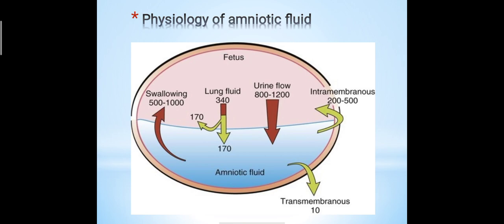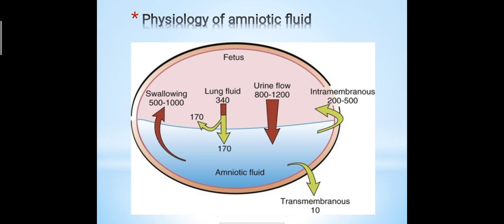Normally the fetus swallows about 500 ml of fluid per day. Removal of amniotic fluid also occurs by intramembranous absorption. There is a large osmotic gradient between the amniotic fluid and blood, which causes removal of the amniotic fluid into the fetal blood. This is how recycling occurs.